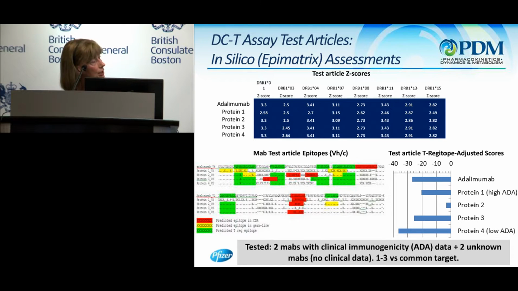If you start looking more carefully at the actual regions that we think would be more problematic, which would be the CDRs, any regions in the Fc that might be mutated, and so on, it's going to be more informative. And so we looked at these molecules and also compared it to adalimumab, which was another molecule where there's clinical immunogenicity data. And using the EpiVax tool, you can actually get information that tells you which ones of these, where